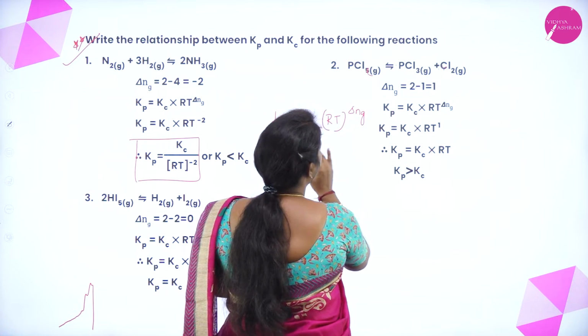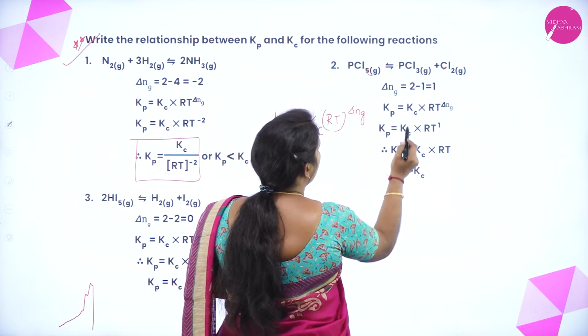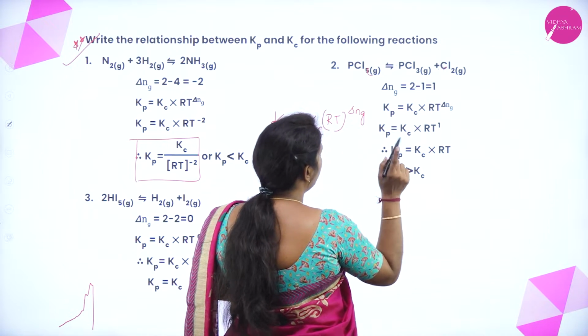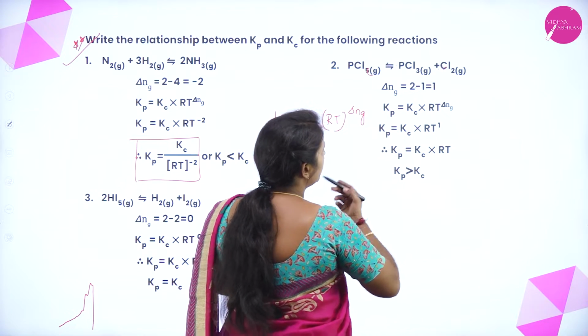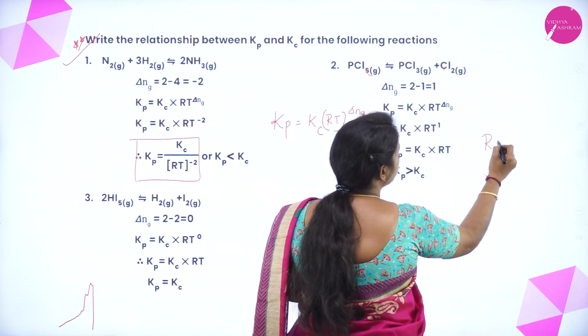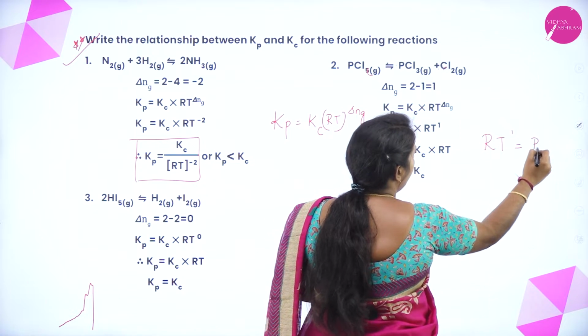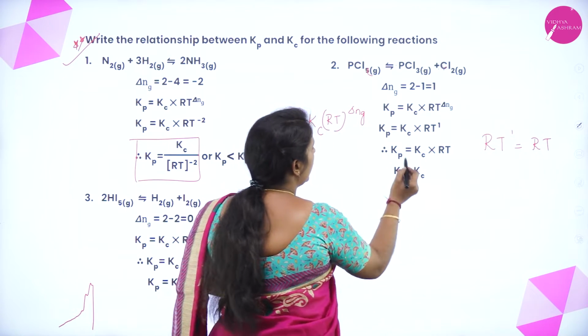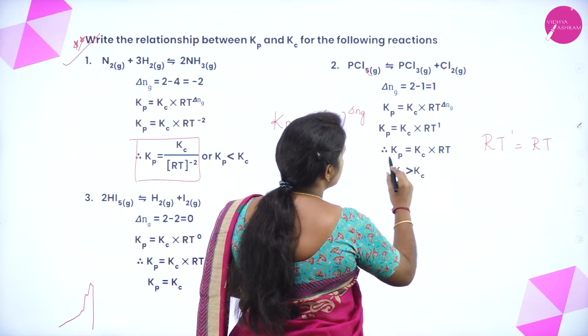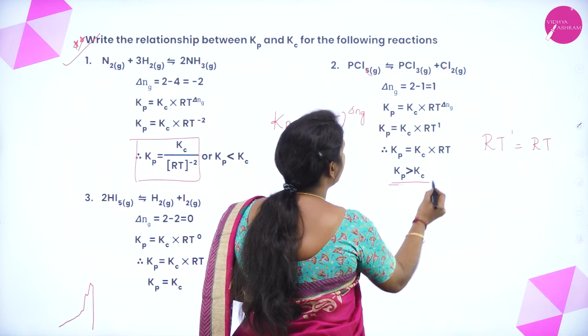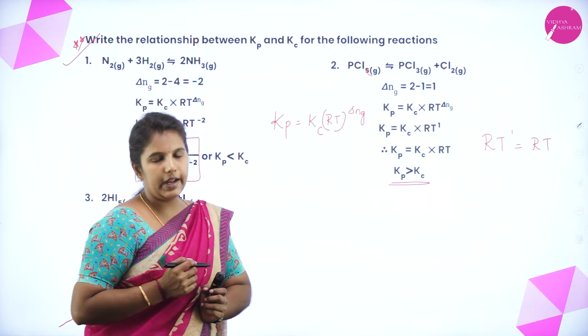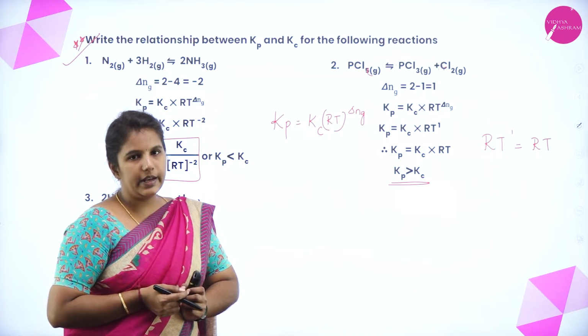Now what will happen to the above equation? Kp is equal to Kc into RT to the power of 1. So anything raised to the power 1 is what? RT only. Correct, no? So Kp is equal to Kc into RT. So this equation indicates that the Kp value, the equilibrium constant value, will be greater than